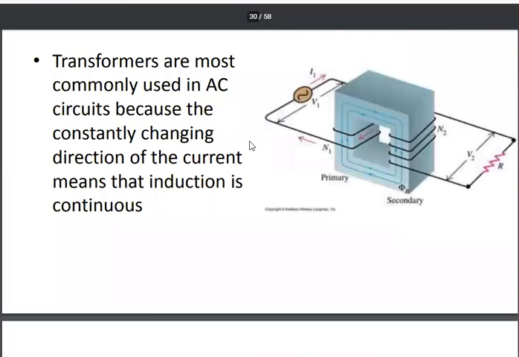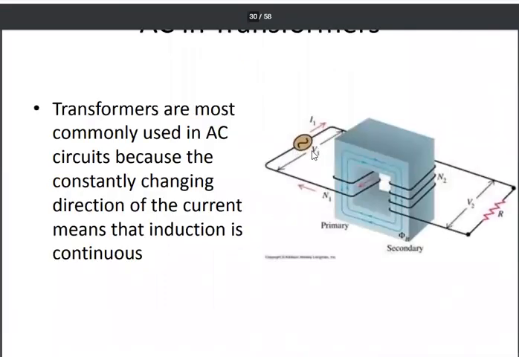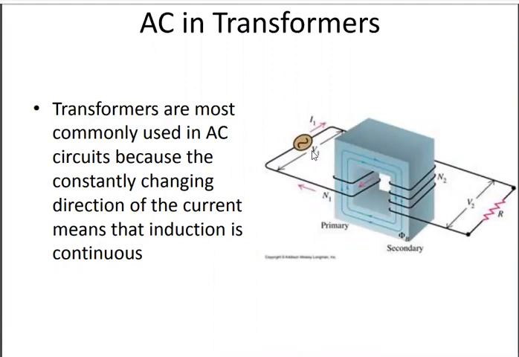In an AC type of transformer, you just give alternating voltage, which is itself continuously changing. So it induces the current in the secondary coil. And even if you give low voltage as input and you want a high voltage as output, then you can do this.